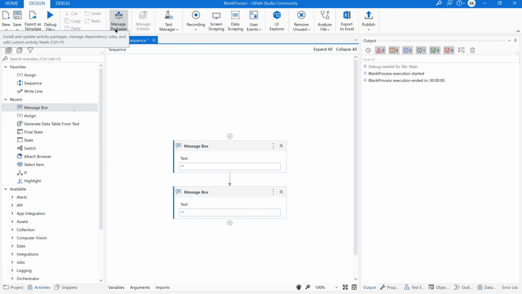It is manage packages. See, on mouse over, it says install and update activity packages, manage dependency rules, and add custom activity feeds. And the shortcut is ctrl+P. I'll tell you, don't worry about this terminology. I'll tell you in detail. So just go to the project